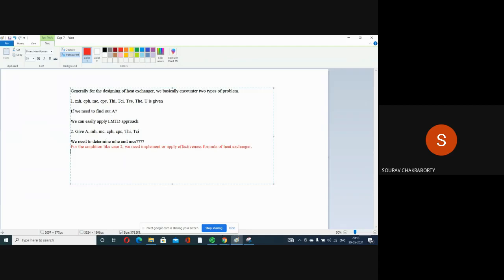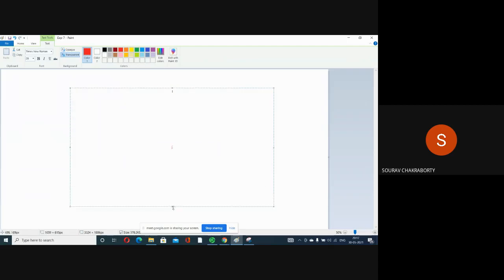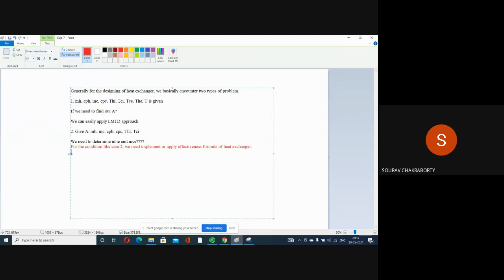But if we have a condition like case 2, in that case the LMTD approach cannot be applied. Maybe you can apply some trial and error approach on the basis of LMTD, but it will be difficult. So for this case, effectiveness should be used. Now what is the effectiveness of a heat exchanger? So the effectiveness of a heat exchanger can be written as, one second,